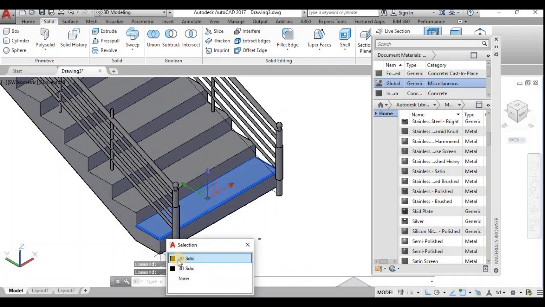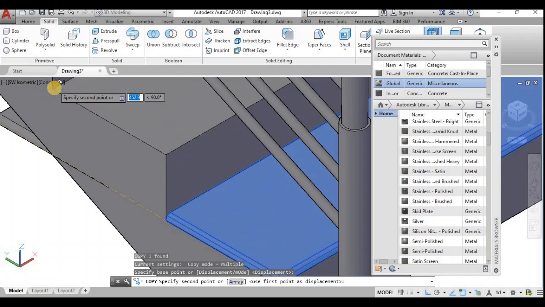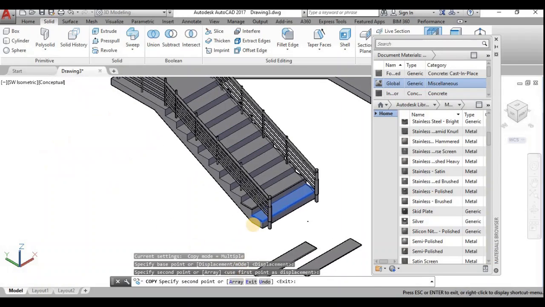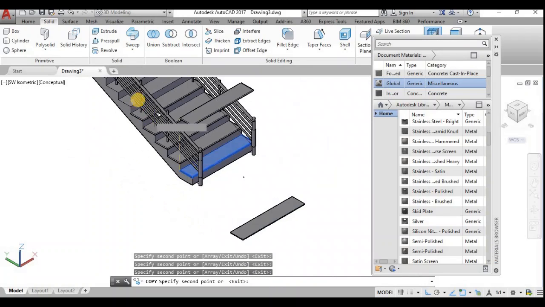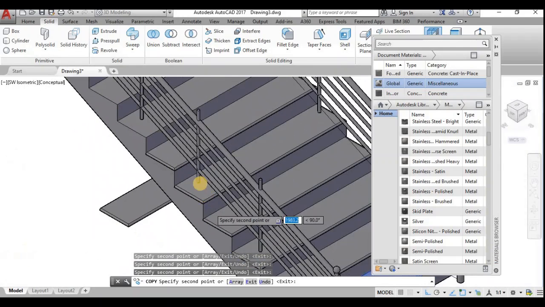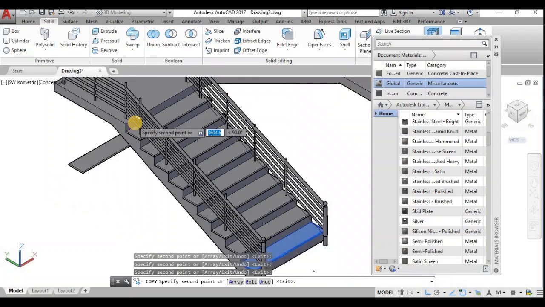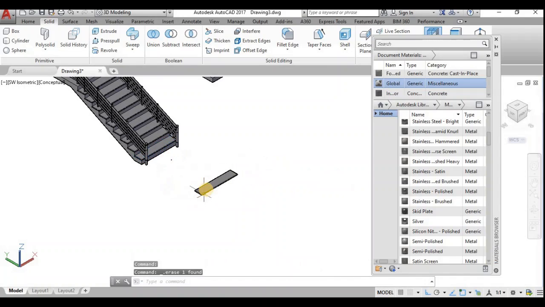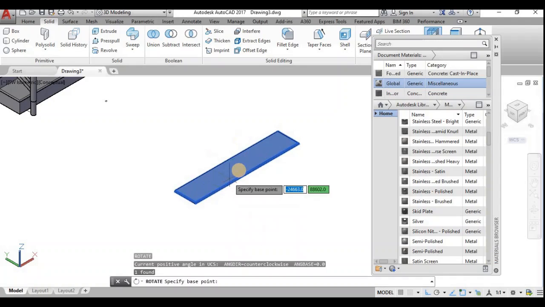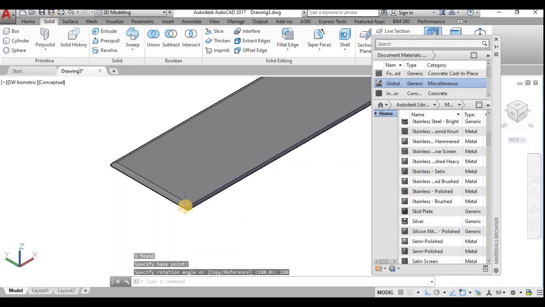I shall copy this solid. Now this carving is on the other three sides.